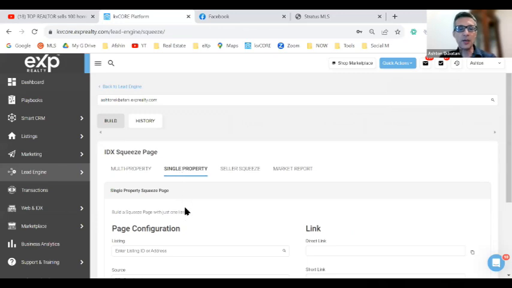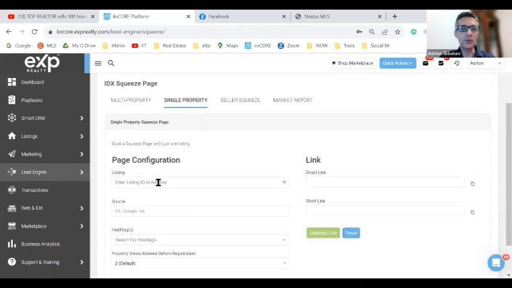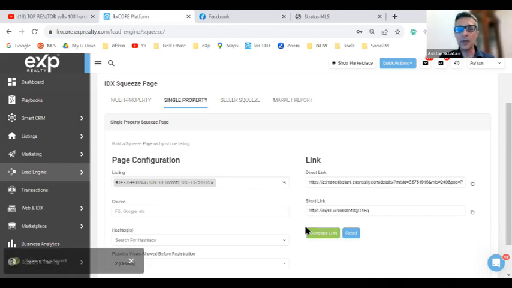And at this time, what you have to do is put the MLS number here, and it would automatically find it for you. So you click on it, you pick it up, and that's all you have to do. Then you go to generate link, and I usually pick the smallest one. I would copy this one, Control C,